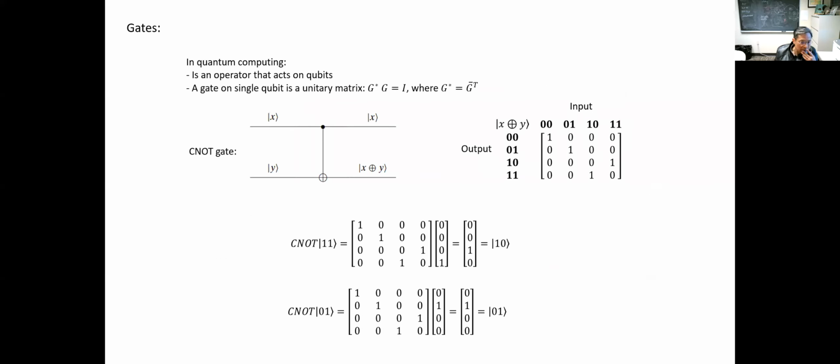So let's move forward and talk a little bit about gates, which is basically the definition of an operator. Like I have shown before, we have things like rotating around the z-axis, y-axis. Those are operations or transformations. So a gate is an operator that acts on qubits, and a gate on a single qubit is a unitary matrix. Like I said, it has modulus 1, and they also have this